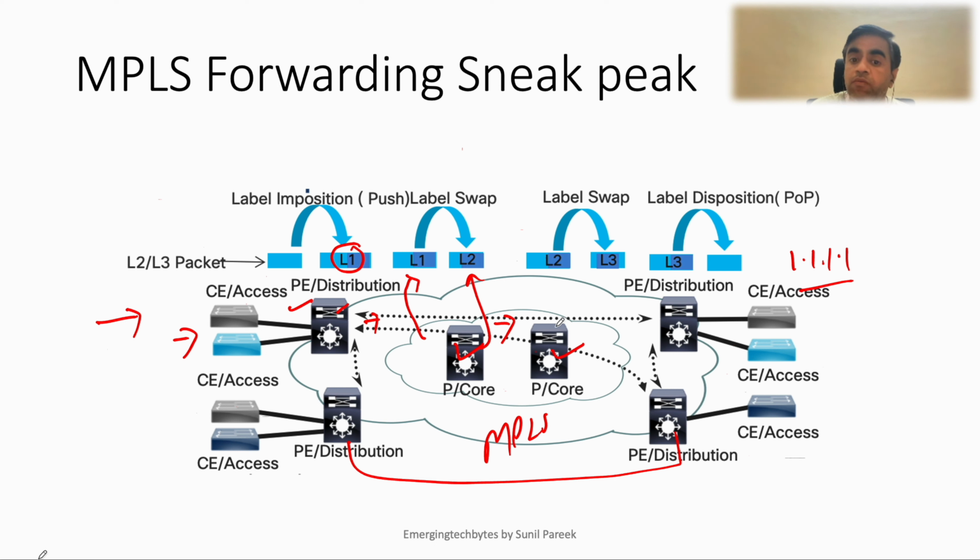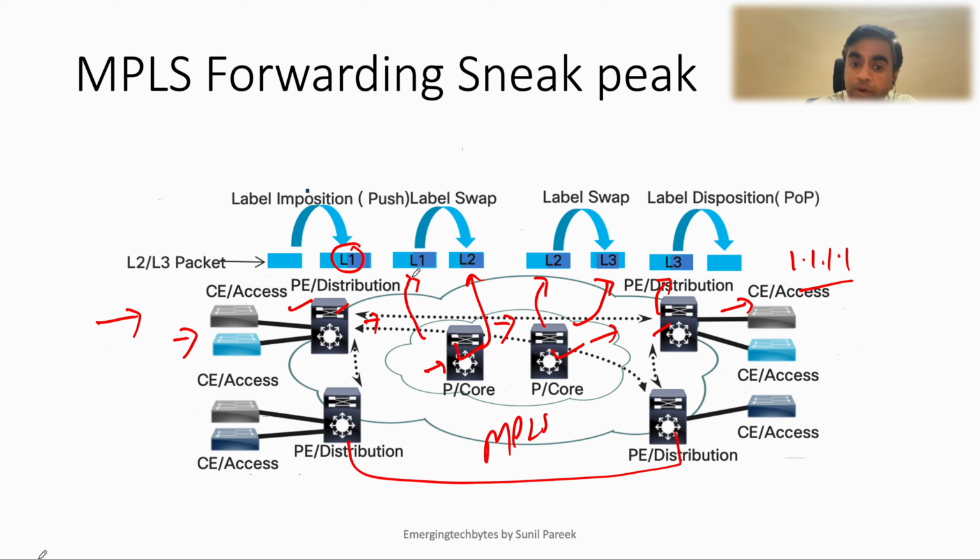This device will look at this packet, swap it with this packet and send it in this direction. And then this guy, because there is no MPLS here, will look at this label, pop it off and send it in this direction. I know it is a bit more complicated than what I have just talked about, but remember, this is a 30,000 feet view. But here again, one important point that I want to highlight.